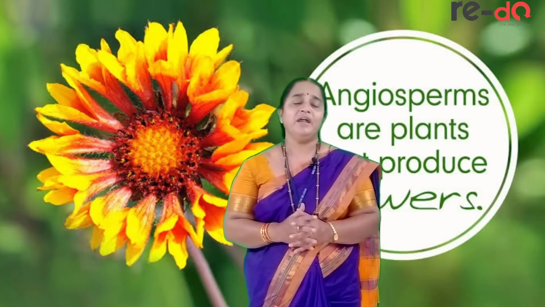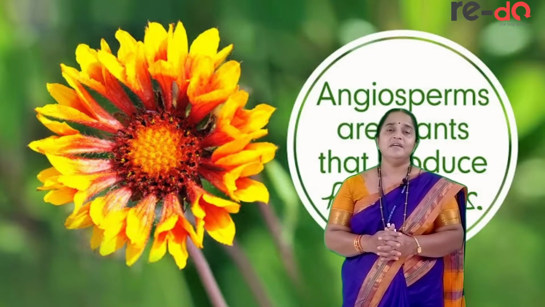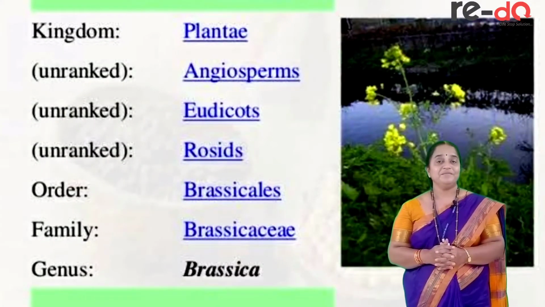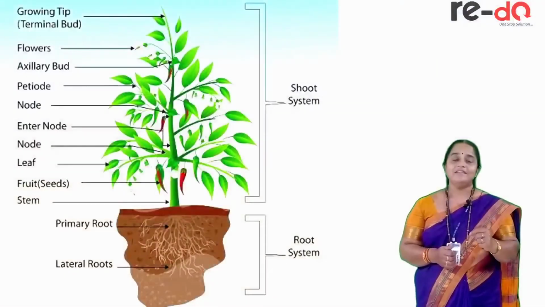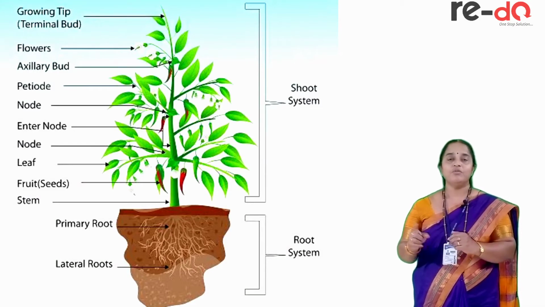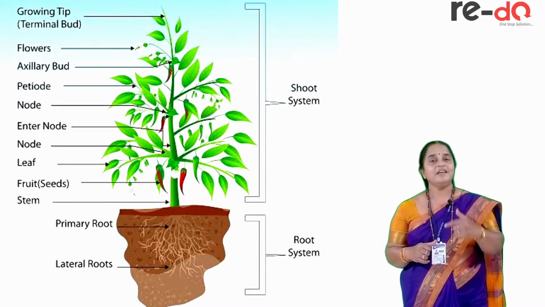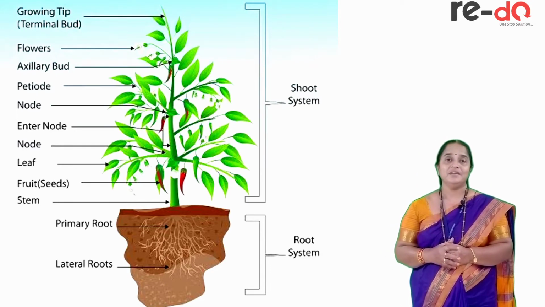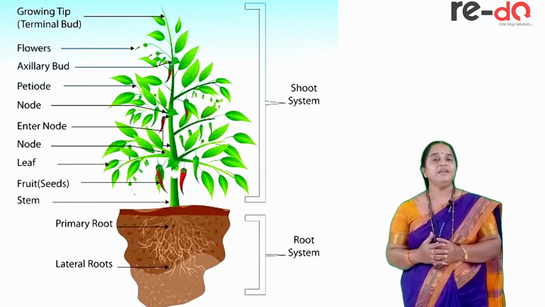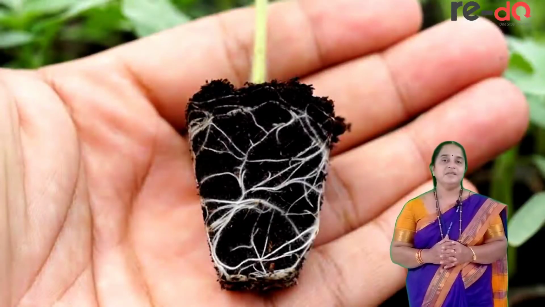A typical plant body, you take example as mustard plant, Brassica juncea. This typical plant body is showing 2 systems. The axis which is below soil we call root system, and the axis above soil growing towards light is called shoot system. In this session, let us begin with the root system.